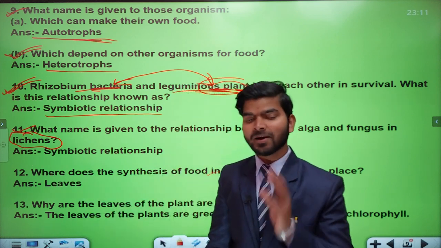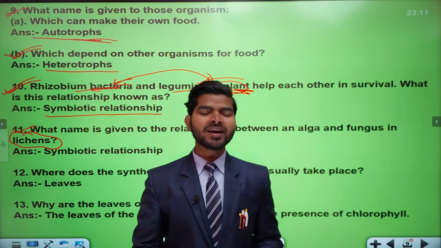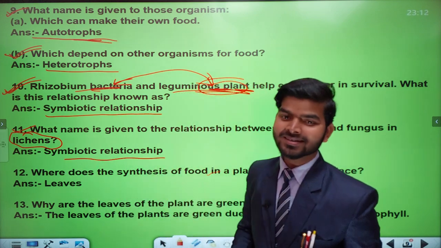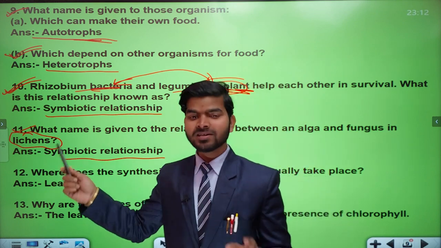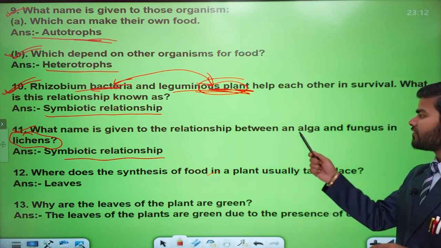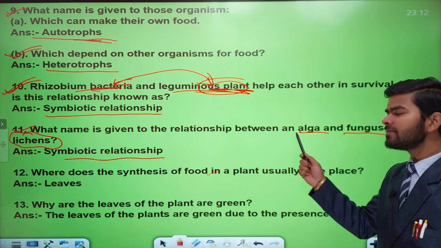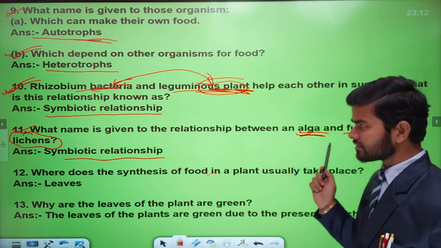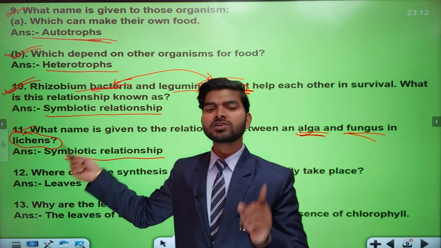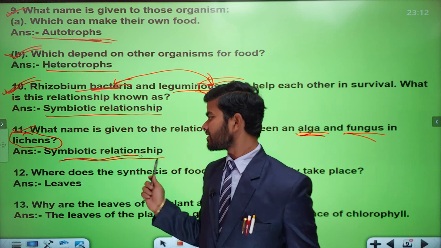Lichens are an example of symbiotic plants. That means you can simply check out the correct answer, that is the symbiotic relationship, because the example of a symbiotic plant is the lichen, and in lichens there are two different species. The first one is the alga and the second one is the fungus. Alga, that is the algae, and the fungus are the parts of the lichen, which is an example of symbiotic plants. So that's why the correct answer is symbiotic relationship.